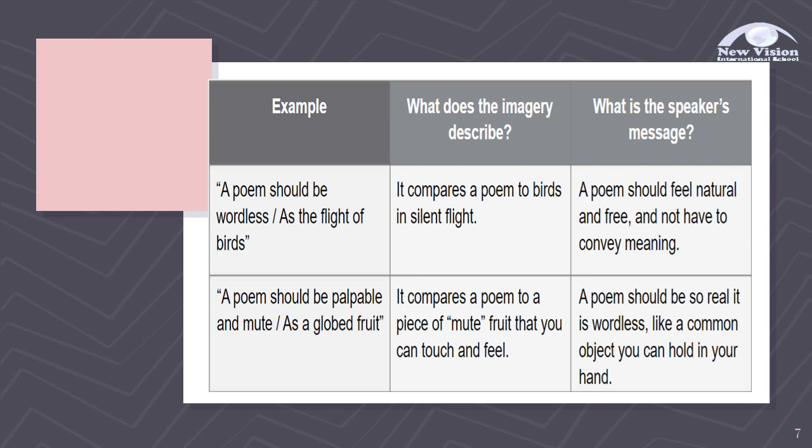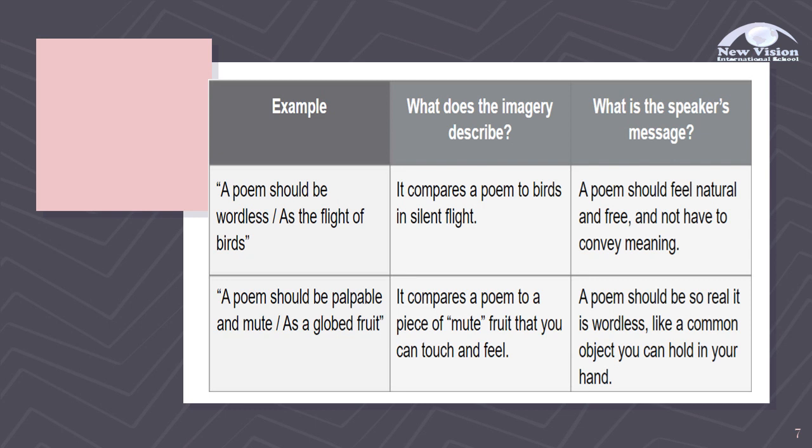Now, what is the imagery described here? It compares a poem to birds in silent flight. And the speaker's message is: a poem should feel natural and free and not have to convey meaning. Another example: a poem should be palpable and mute as a globed fruit. The imagery described here is: it compares a poem to a piece of mute fruit that you can touch and